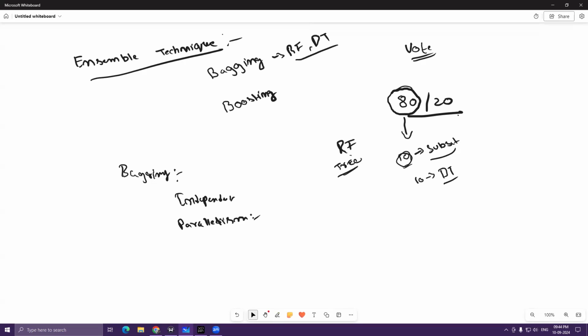Parallelism. Now, when I say parallelism, bagging can train multiple models simultaneously, right? That's what is happening here. 80% of the data has been taken and split into 10 subsets, and these 10 subsets are run simultaneously at a time, right? And this bagging model focuses on variance reduction, which means prevention of overfitting is a key point here,